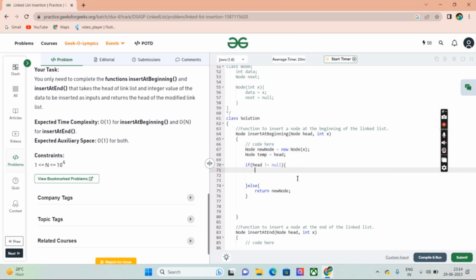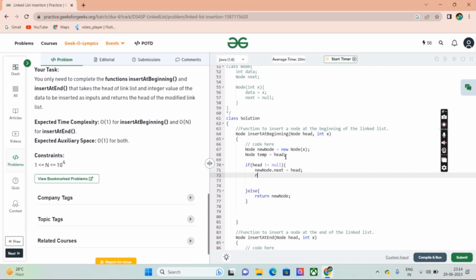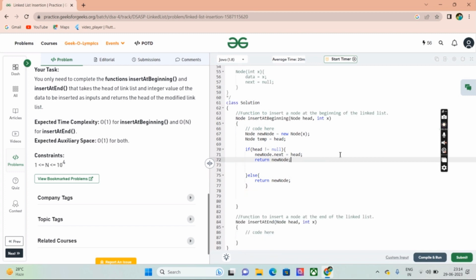So we are going to do that: new node dot next equal to the head. We have to return this head, the new node. And then let's move to the next